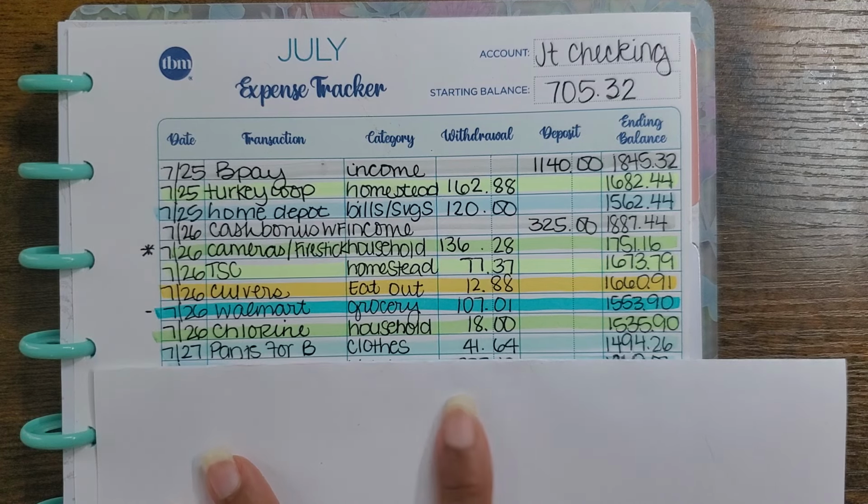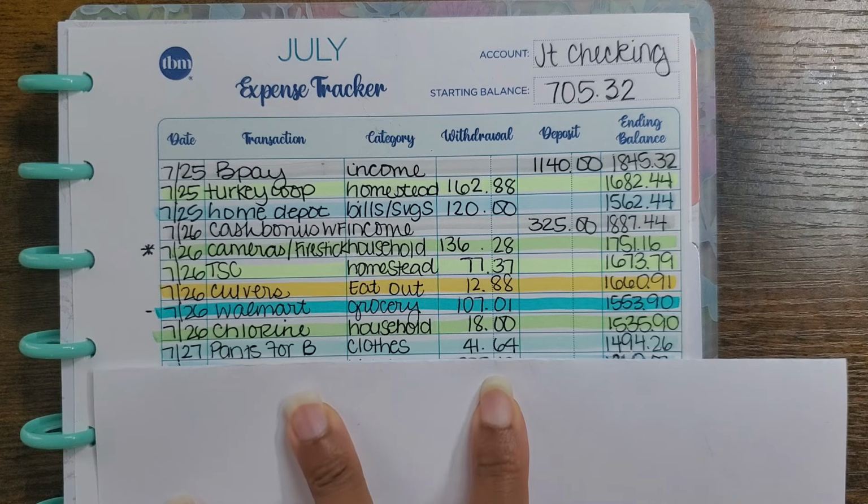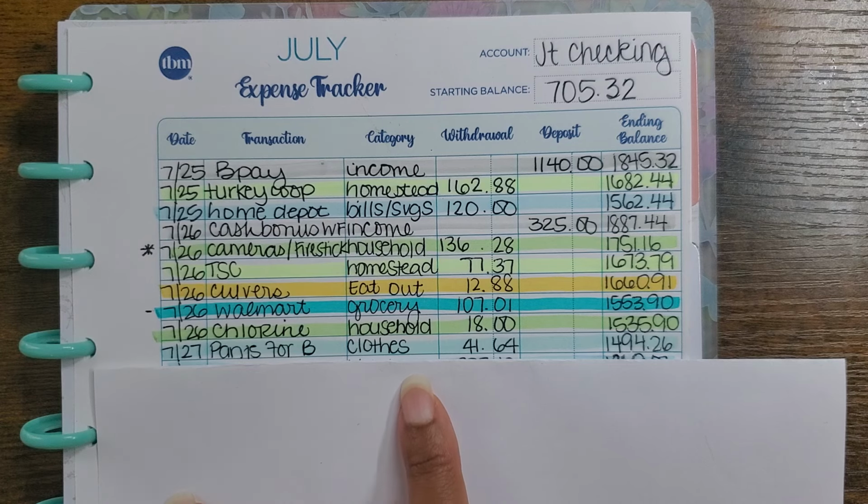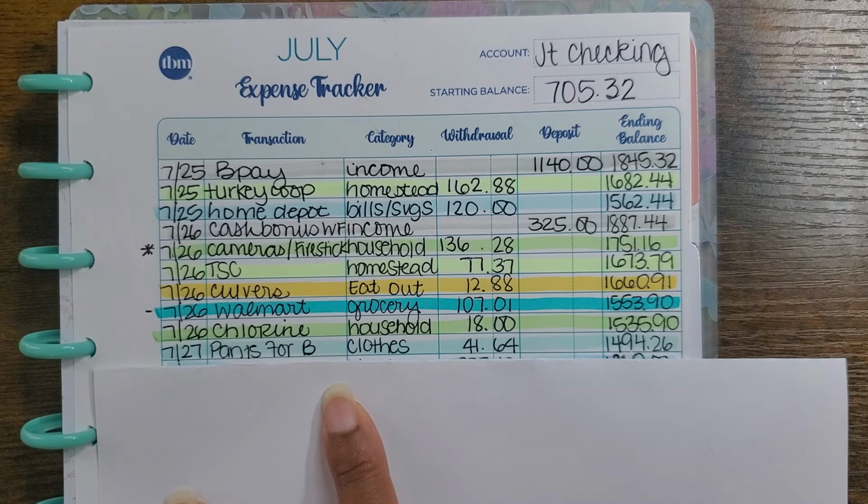We ordered some pants for Brian. Now, I ordered him pants at the end of June. It's literally been 30 days since I got him some pants from Walmart, and he already ripped one of the pairs of pants. Brian does not have a bodacious booty. I don't know what the problem is. He says it's just because he does a lot of moving and stretching, and just the way he moves at work trying to get things done are not